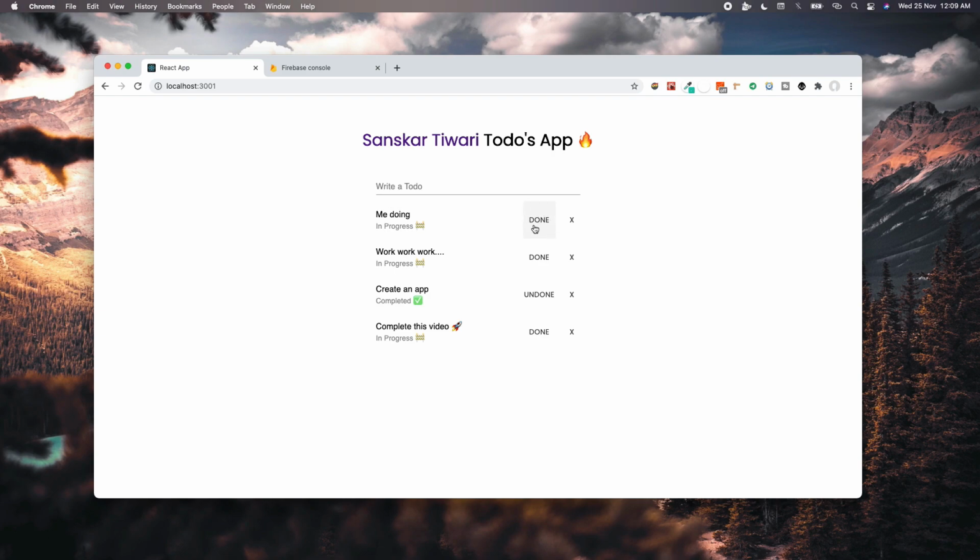Other than that, we have an option to mark it as done if that is completed, or mark it as undone if it's not completed. We can even delete a particular one. So overall, what you can see, we are going to cover whole Firebase operations like create, read, update, and delete, right? So this is going to be really super fun and going to cover a really broad aspect of Firebase